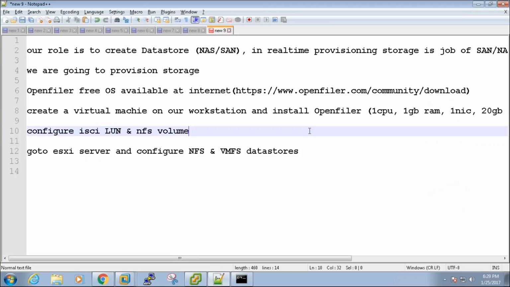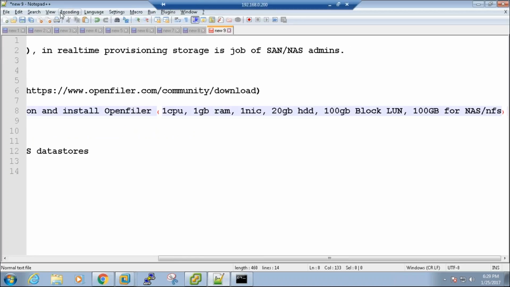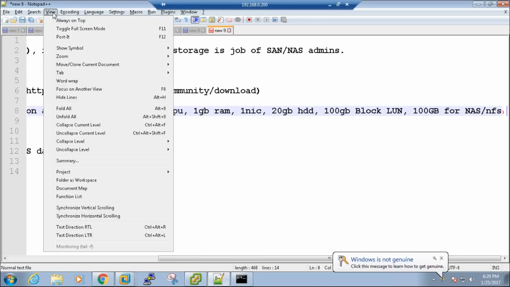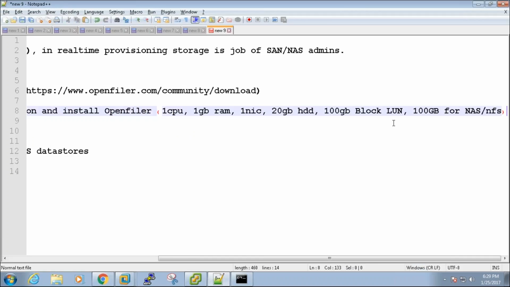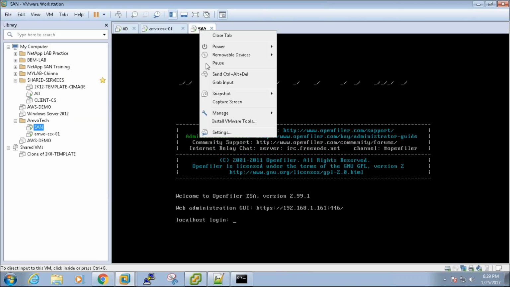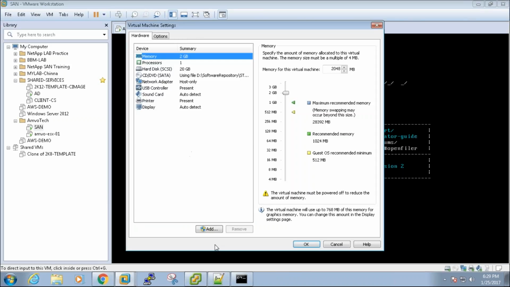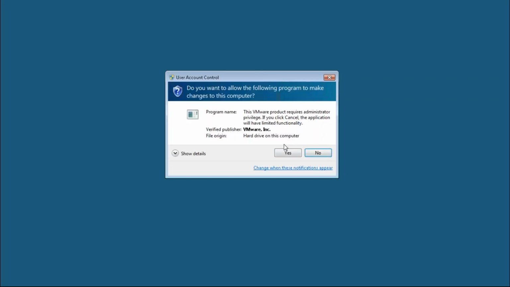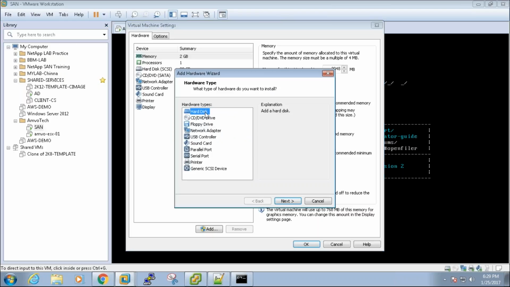Like I said, you need to create some 100 GB of block LUN and 100 GB of NAS. So first and foremost, you need two hard disks, each with a capacity of 100 GB. Say add. Okay, you need a hard disk.